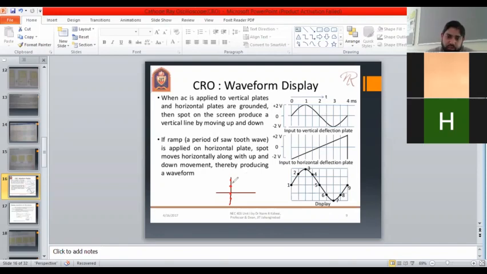Now I have drawn these dots for some set values, 0, 1, 2, but this is a continuous signal. It's also providing 0, 0.1, 0.2, 0.3. So there will be many dots on the screen. So what we will see on the screen is a vertical line. Will it be like that or not? When we apply an AC input to the Y plates, the dot will be moving above and below on the y-axis, and connecting all the dots, what we'll be seeing on the screen will be a vertical line. Yes, but ask a question.